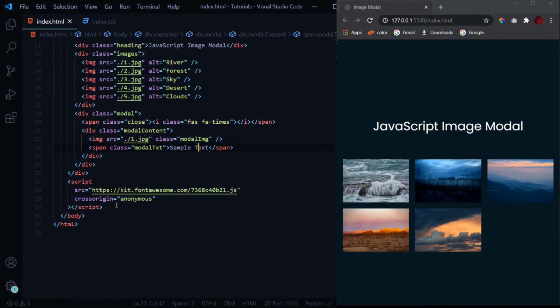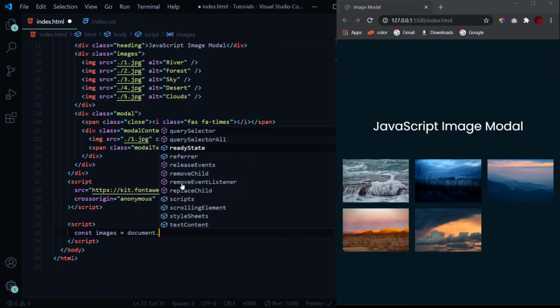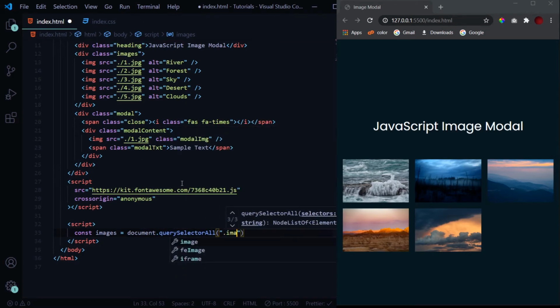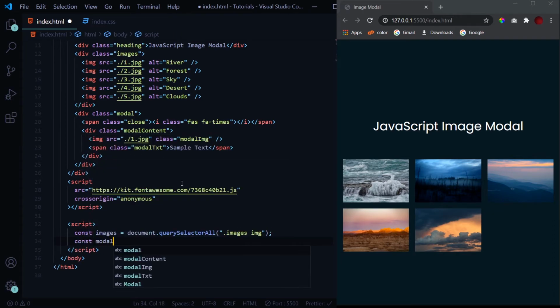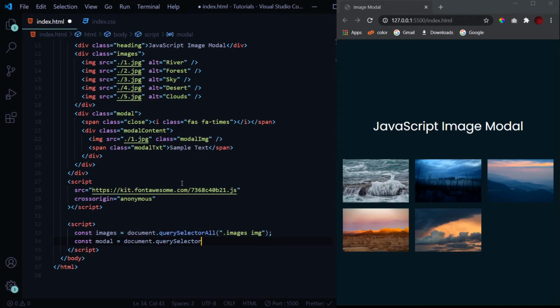Now let's come to the JavaScript part at the end of the body tag, and we will first select all of these images. So images, document dot querySelectorAll. This will select all these 5 images, and we will also select the modal. So for that, get modal, and we need to select a few more things like the modal image.